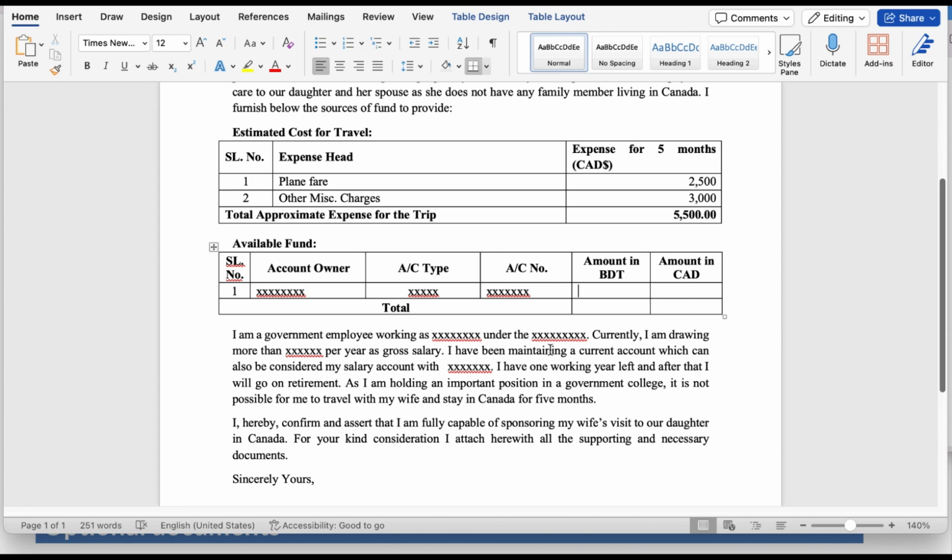So then I have broken down and said something about my father's employment, where he is working, how much his salary is monthly, and then why he can't be here with my mom because he has to work and he cannot take 5 months leave from his office or organization. That's why he cannot be here with my mom. This is all that I have explained over here, and the fund explanation letter is done,